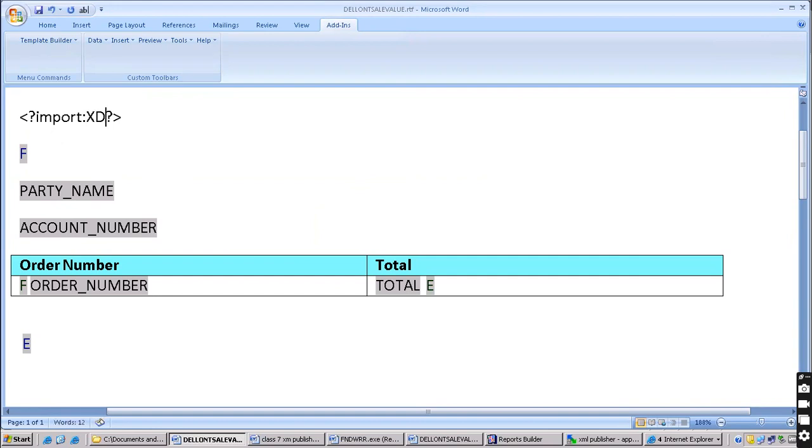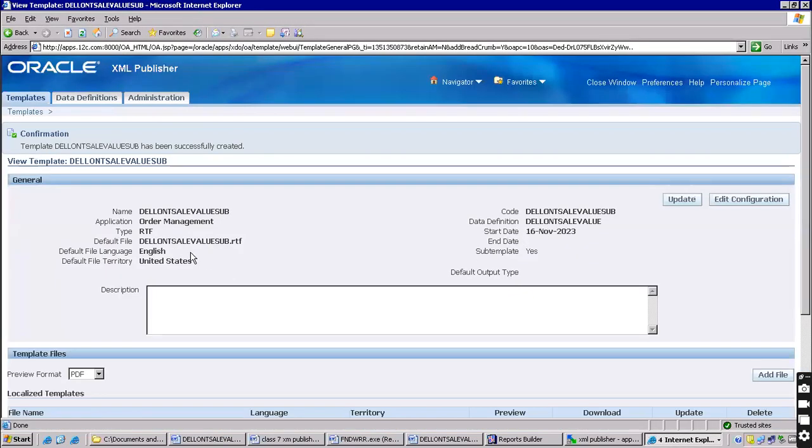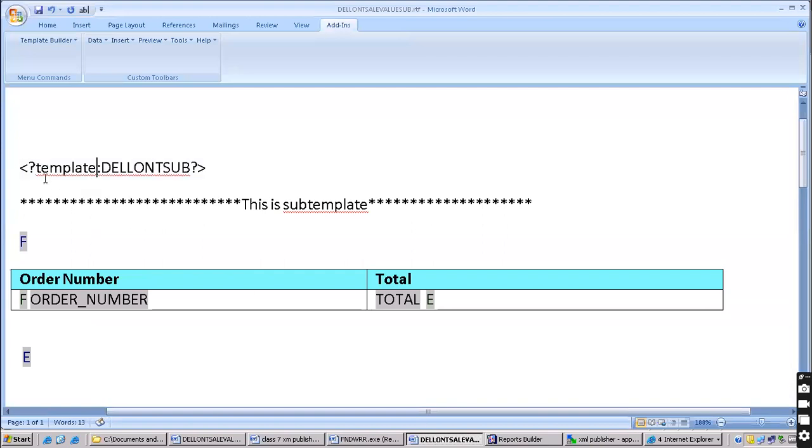Import :xdo. Okay, then / subtemplate code. What is the subtemplate code? Our application short name. What is your application? Order management, but the short name is ONT. Then language English, EN, territory US. Okay. Let me template :